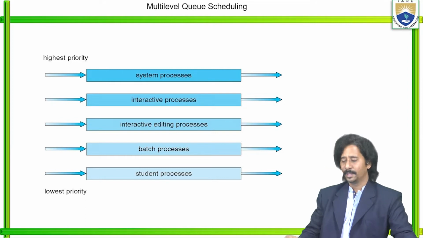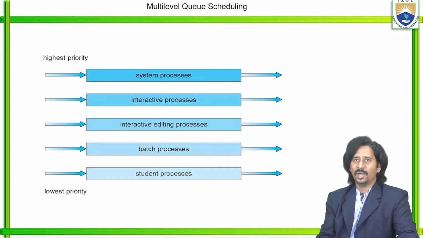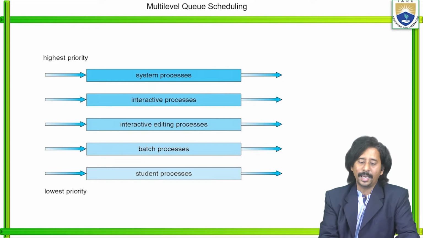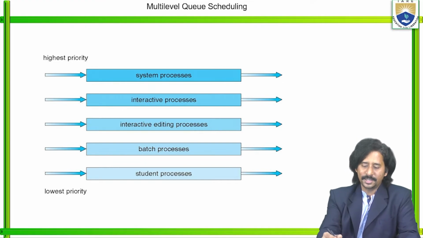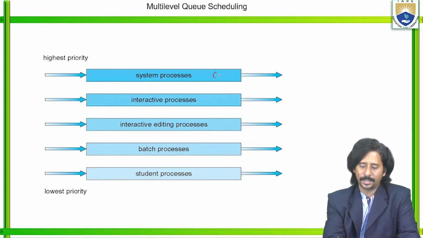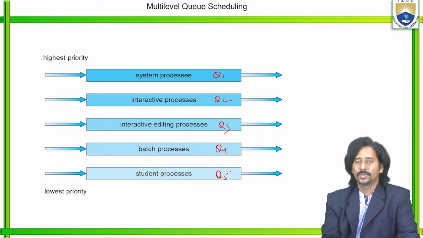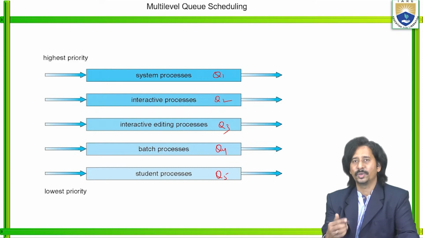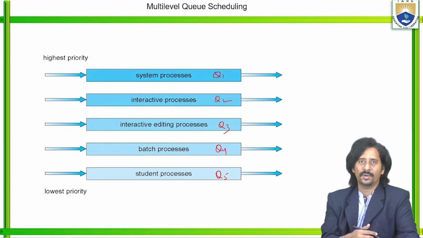See, this is a simple pictorial representation of a multi-level queue scheduling algorithm. Here, this is Q1, this is Q2, Q3, Q4, Q5. In Q1, only system processes are executing. In Q2, only interactive processes. Q3, interactive editing processes. Q4, batch processes. Q5, student processes. Let us take any number of queues, n number of queues. But here one thing is